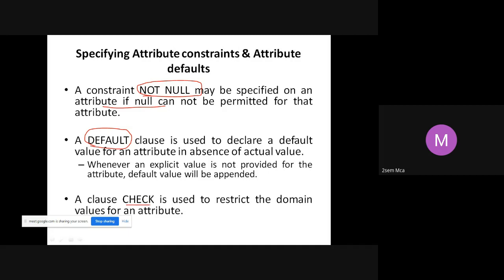Then I also have another important constraint called the check constraint. It is used to specify some particular condition. I want to check whether the age is within 18 years or whether the age is more than 18 years. Then I can use this check constraint in order to specify my values as well.